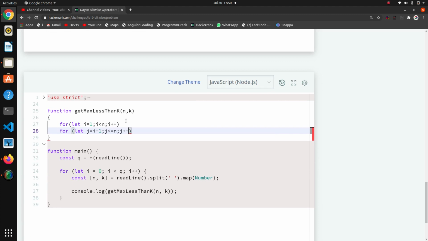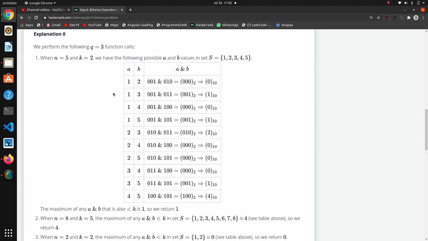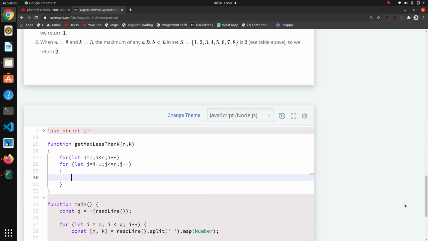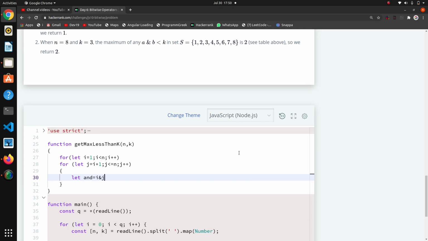So j plus plus, and now we have to apply the AND operator between i and j. So I will take let and is equal to i and j.